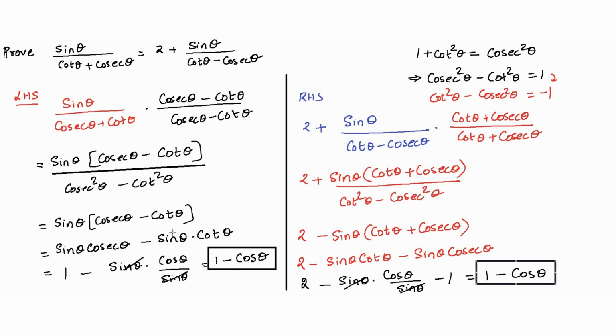So an important idea was used in this particular problem, which was the idea of trying to get cosec square minus cot square